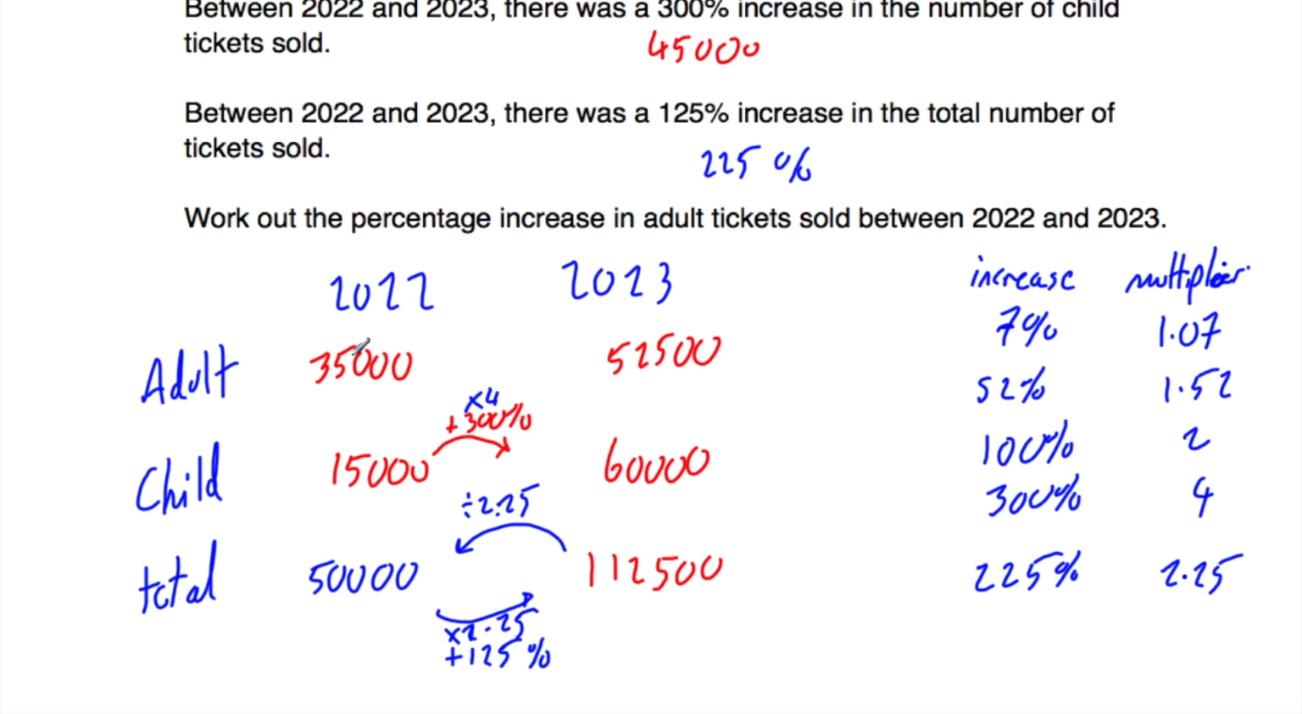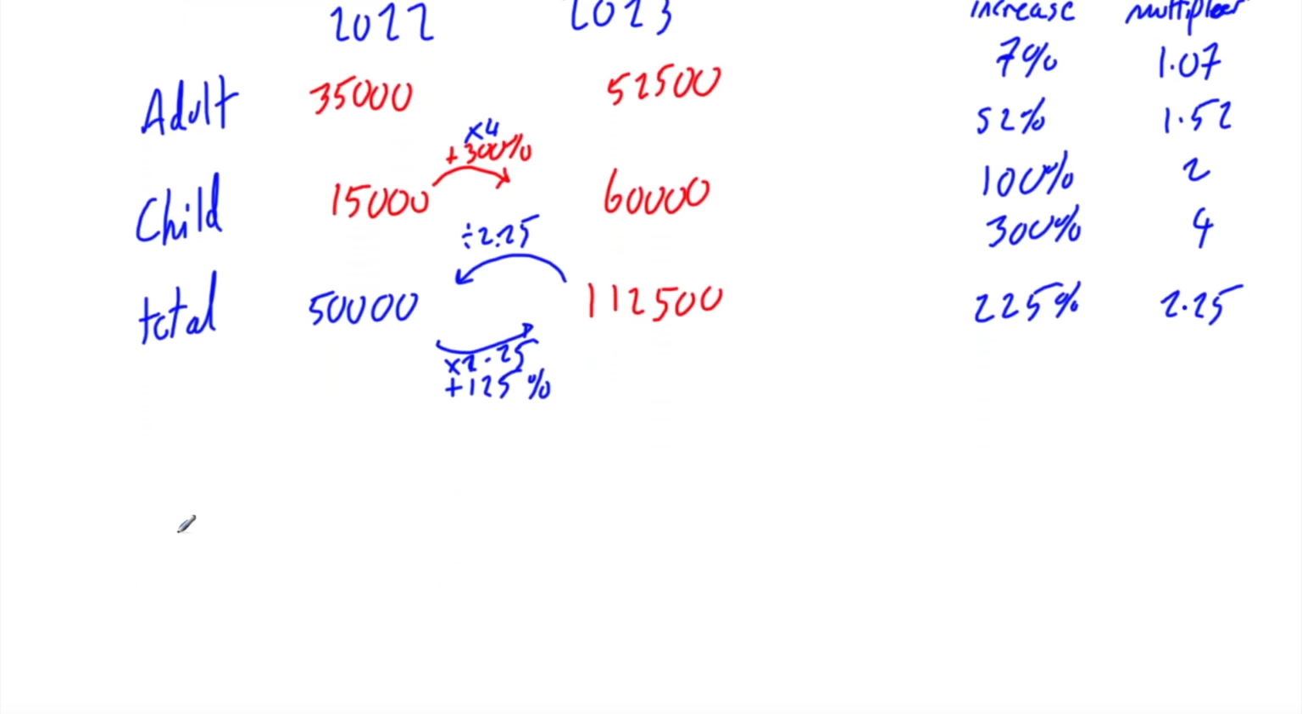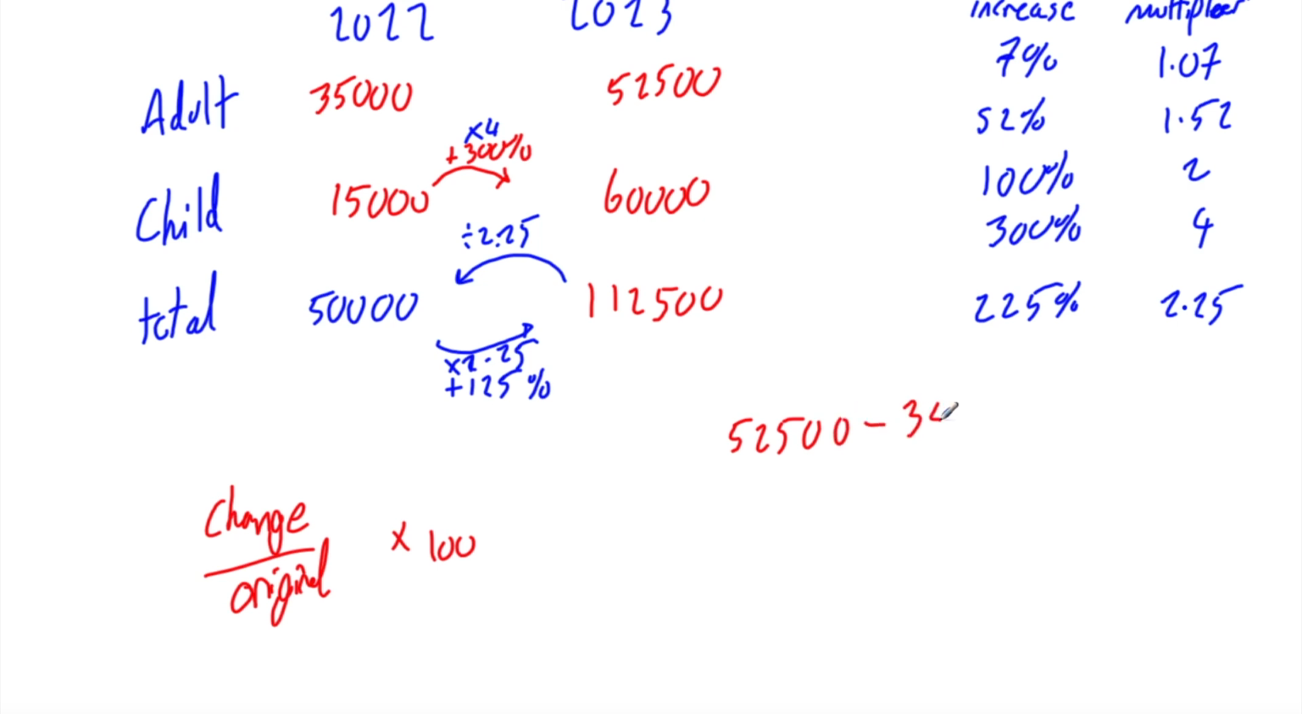So that's fantastic. We've now worked out how many adult tickets were sold in 2022 and how many adult tickets were sold in 2023, and now we can work out the percentage change. To work out the percentage change, we're going to do the change divided by the original times 100. So the change, what it increases by, we're going to do 52,500 take away 35,000, and when we do that we get an answer of